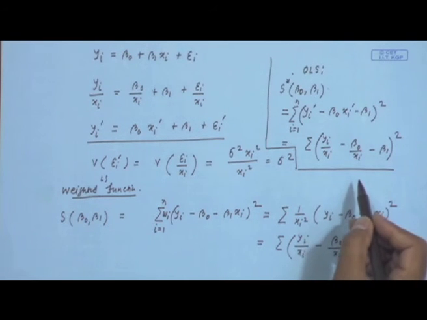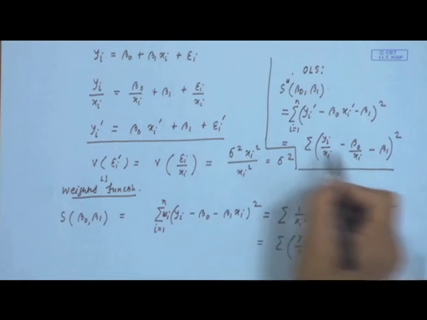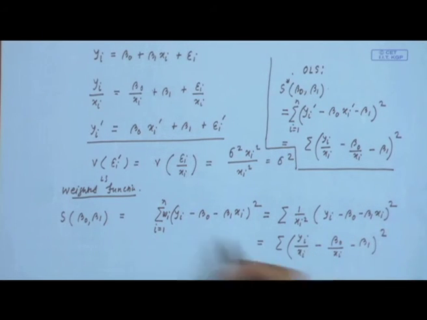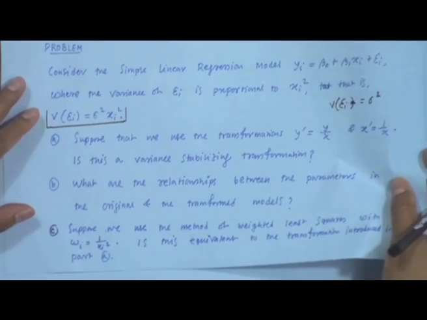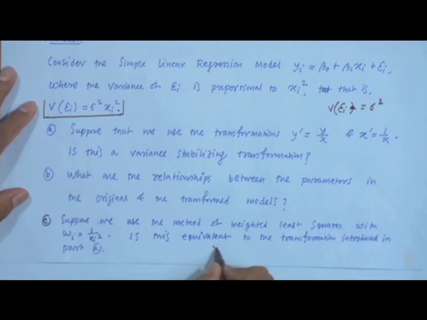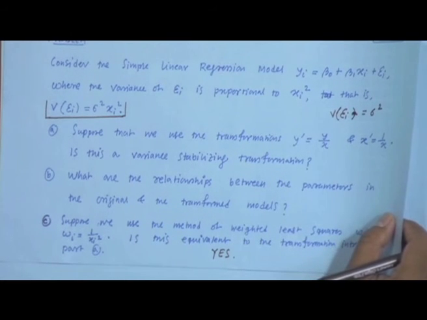So, the function we are considering in the transformed model to estimate beta naught and beta 1 is the same as the function we are considering to estimate beta naught and beta 1 using the weighted least square technique. So, the answer to problem part 3, is this equivalent? The answer is yes, it is equivalent. Okay. So, this is one problem we considered from